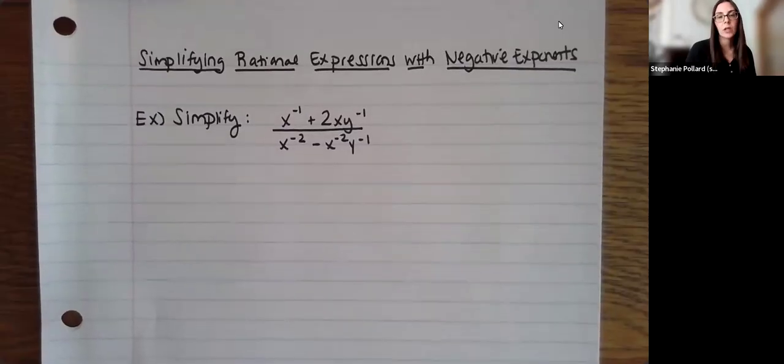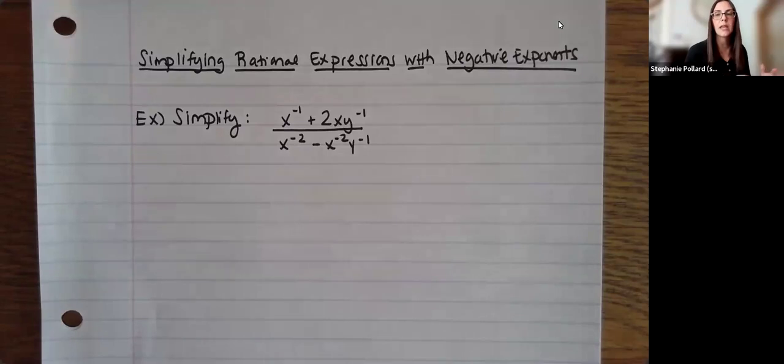In this video, I want to look at simplifying rational expressions that also have negative exponents in them. And it's actually a group of complex rational expressions. So you end up having fractions and fractions here. It's just a different way to start. So the first thing I would recommend doing is to get rid of those negative exponents and write it actually